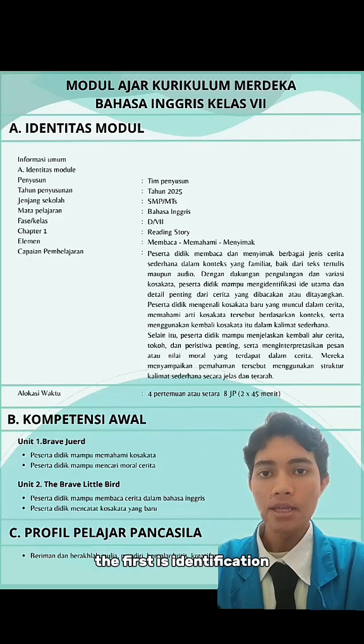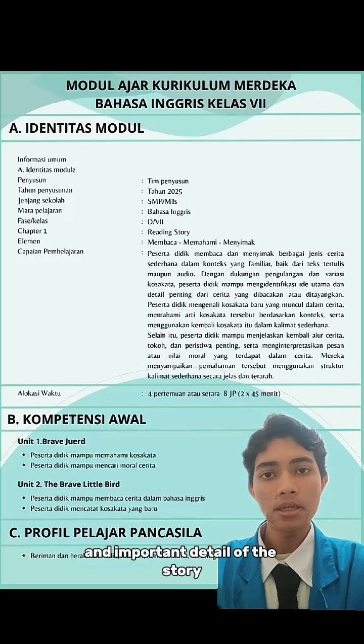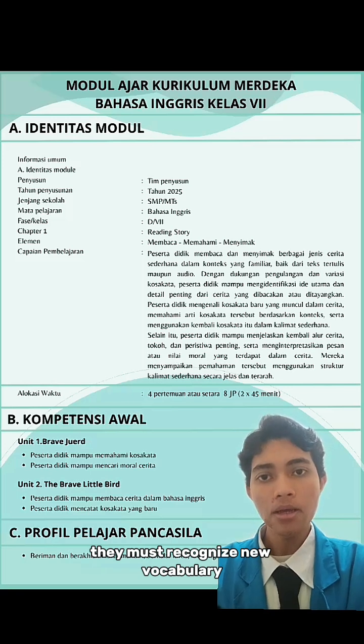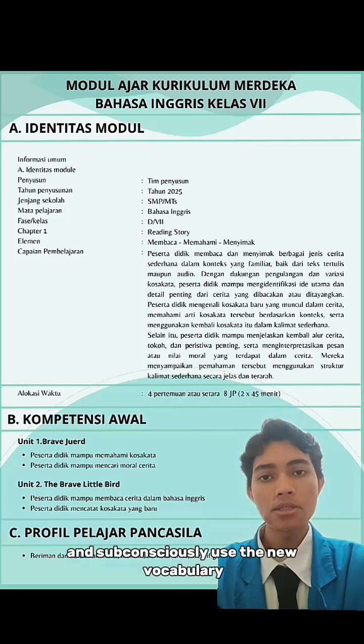The first is identification. Students must be able to identify the main idea and important details of the story. Second, vocabulary acquisition. They must recognize new vocabulary, understand its meaning based on the surrounding context,